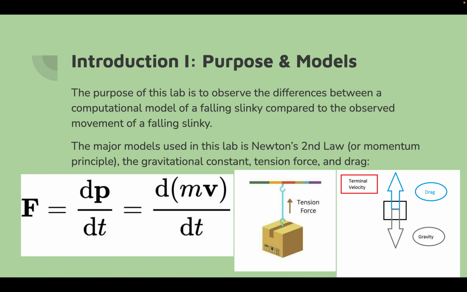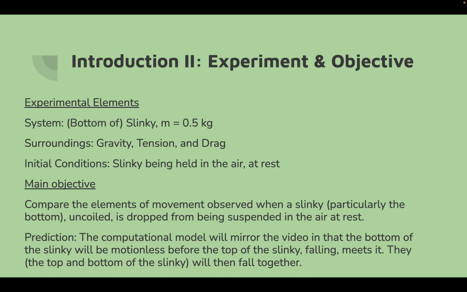So the purpose of the lab is to observe the difference between a computational and an observed model of a falling slinky, and to see if our computational model matches what actually happens in the video. The major physics principles used are Newton's second law, the gravitational constant, tension, force, and drag. The system is the slinky, particularly the bottom of the slinky, and this mass I got from Googling